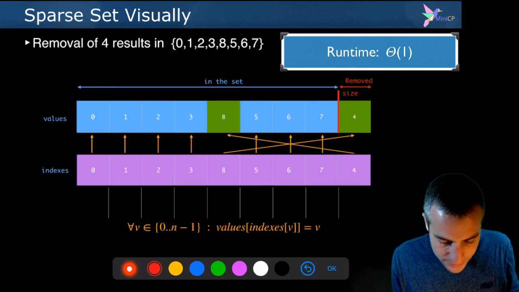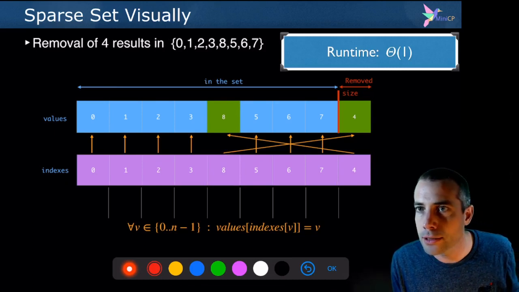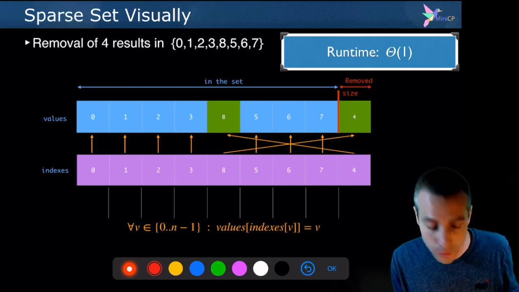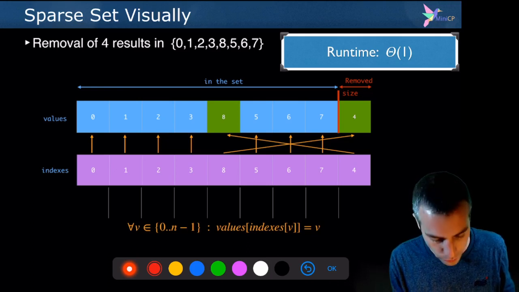What is nice with this data structure is that you can really remove one value in constant time. To update all the pointers, it takes a fixed amount of operations on arrays.